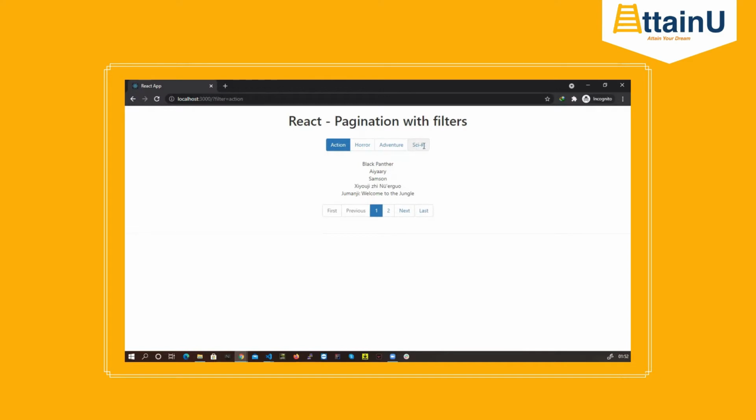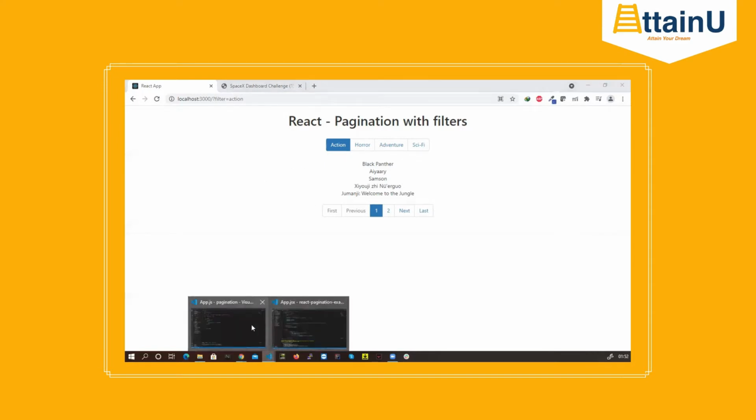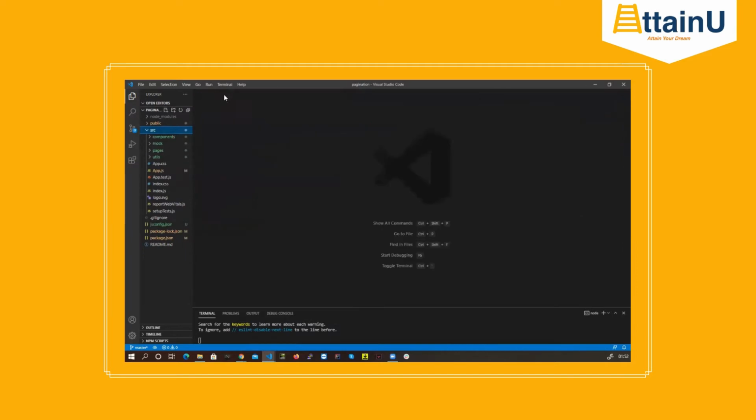There are a couple more points here which I'll come back to, but let's start with the code for this. So this is our code here. Let me show you which file is where first, and then we're going to dive deeper. Again, pointing out, we will not be discussing pagination.